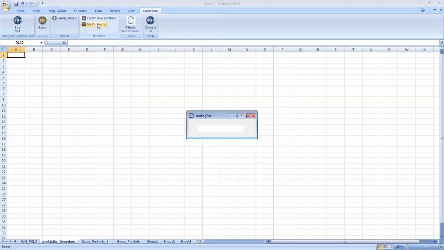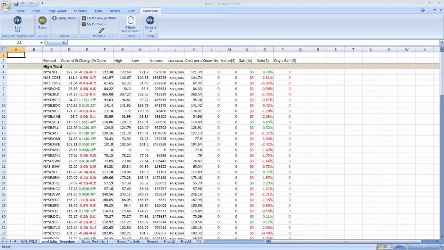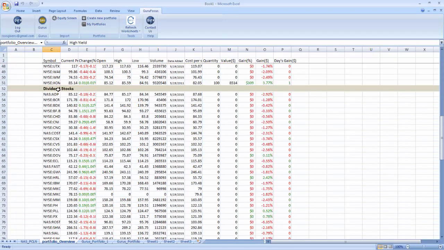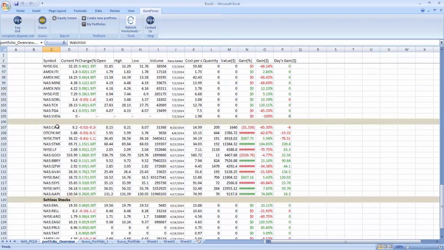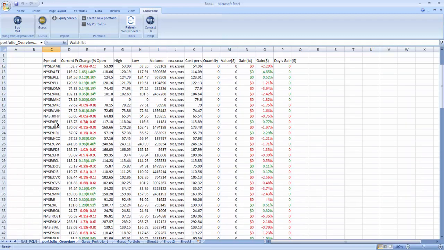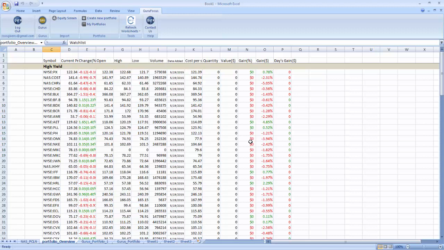Now finally, you can access your My Portfolios section. If you notice here at the top, there's a My Portfolios button. These are the ones you've built within GuruFocus, and it's going to list them all in here for you. So this is my high yield. This is what I named it, the high yield portfolio, dividend stocks, watch list, book value, etc. You can access all of these and even save them